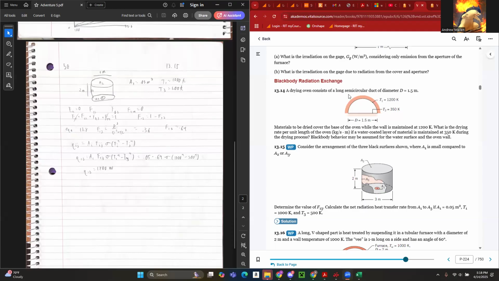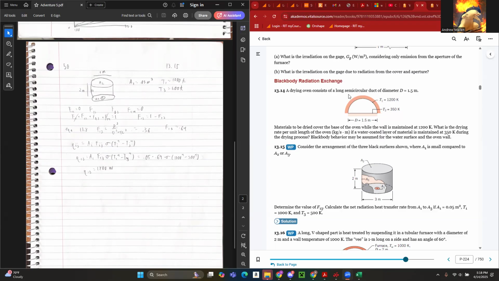Hello everyone. In this video, we'll be going over problem 15 of chapter 13 in the Fundamentals of Mass and Heat Transfer textbook. This problem asks us to consider the arrangement of three black surfaces shown, where A1 is small compared to A2 or A3, and asks us to determine the value of the